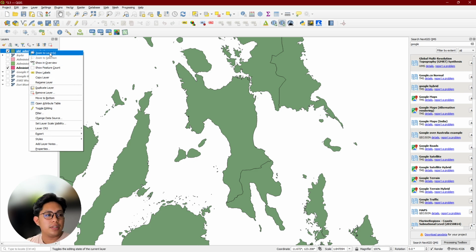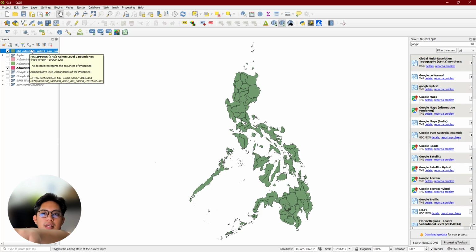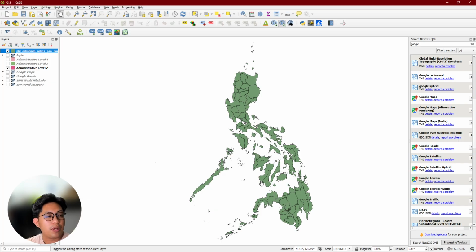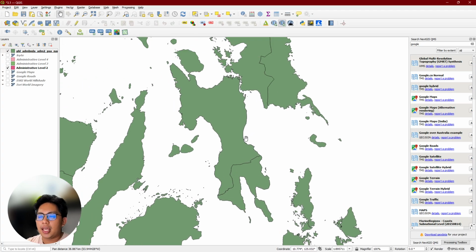Zoom to layer. Depending on your speed, it might take a while. But for this case, I now have an administrative map of the Philippines in provinces. So we want to focus on Leyte and Samar.